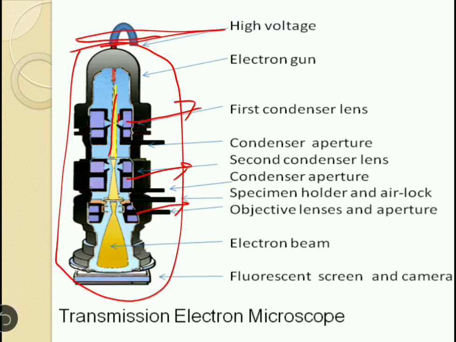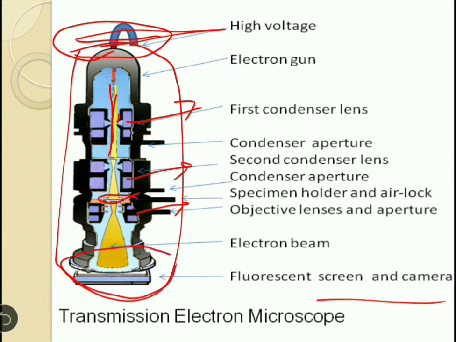Now from that, here the electron gun is there where we can generate the electrons by using a tungsten filament. Then it is projected, and this is the specimen is kept here. This is the specimen. All of the electrons that are projected on the specimen can be transmitted, and whatever the transmissions are there, it can be observed on the screen. So this is the screen. So that is the working of an electron microscope.